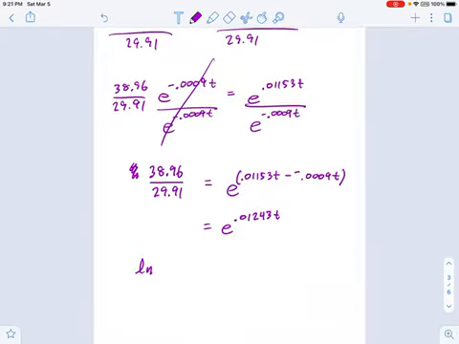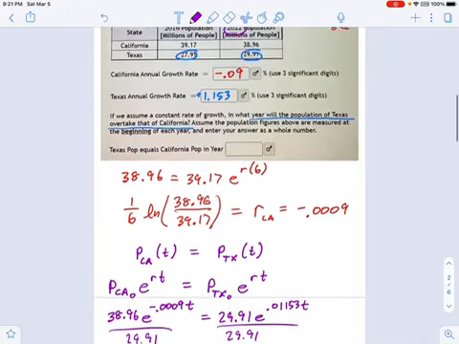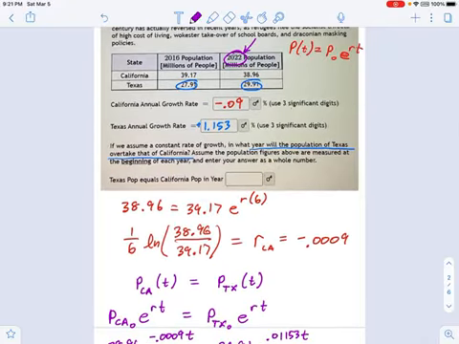So that's going to give me the natural log of 38.96 over 29.91. This problem takes a little while. I think we've made the key breakthrough here, which is setting up equivalent equations. And now at this point, you're just going to divide each side by that decimal. And let's see what we get. Let's put that in here. Okay. So I get t equals 23 point some stuff. Okay, which means 23 years after the year 2020. That was, remember, what I set as my initial population. So in this case, that would be 2043.